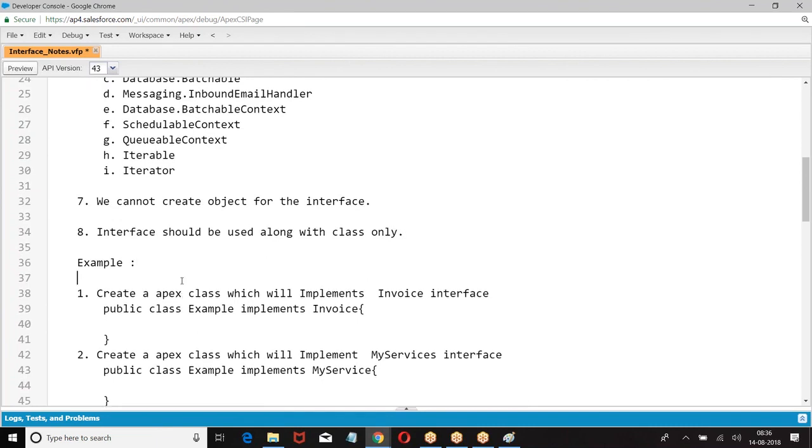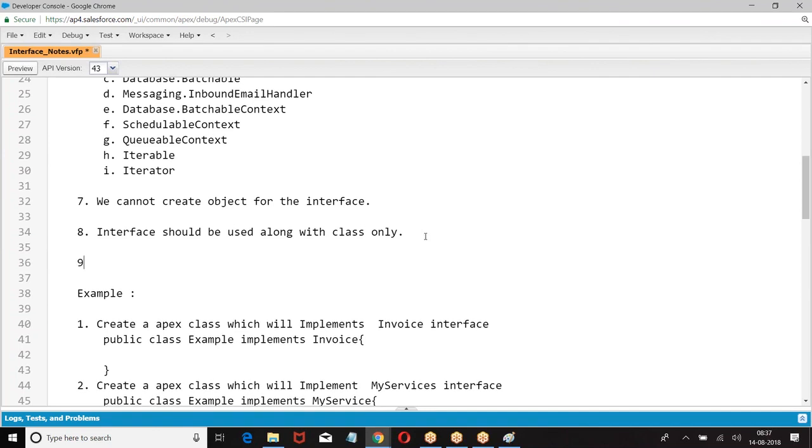I hope everyone is good with this, right? So what was that? Some interfaces are there. If you want to use those interfaces, class implements interface. When a class is implementing an interface, every method in the interface should be defined by the class. Once it is defined, create an object for the class, object dot method name. Everyone has followed this? So what is an interface? It is a collection of unimplemented methods. Can I create an object for the interface? No.